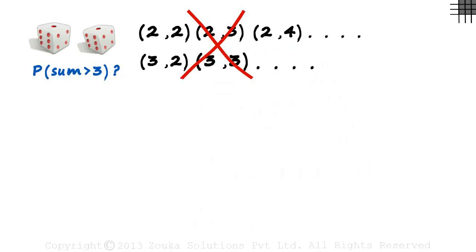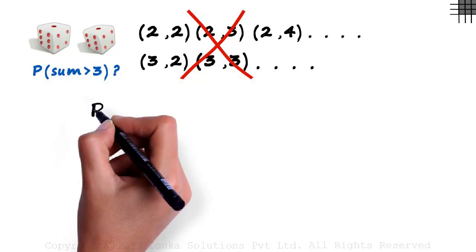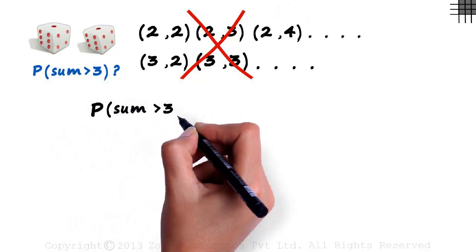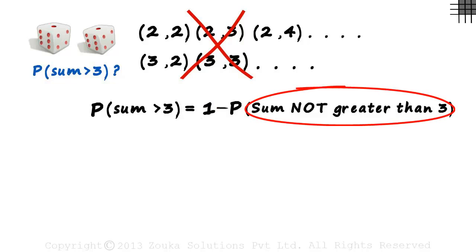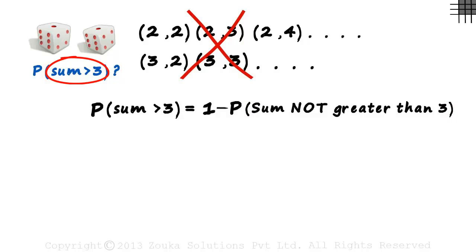Here's a simpler method. We can write the probability of getting a sum greater than 3 as 1 minus the probability of getting a sum not greater than 3. This is interesting. What exactly did we do here? Probability of 1 covers all the possibilities, and we are just removing the possibilities where the sum is not greater than 3. So what we will be left with is all the possibilities with sum greater than 3,